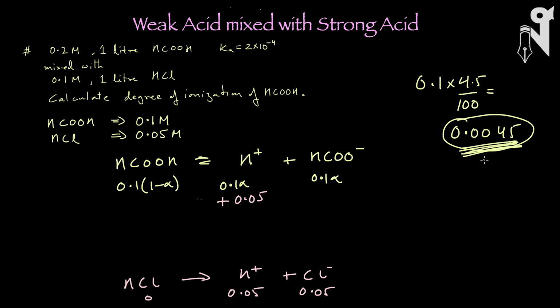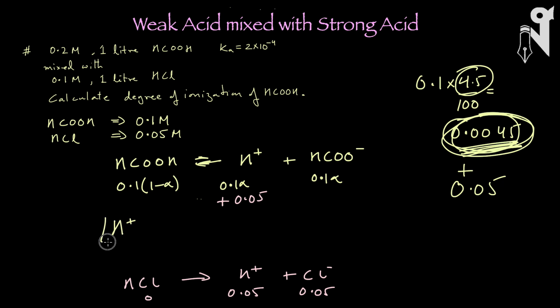So your alpha is going to be much less than 4.5, and your H plus coming from formic acid would be much lower than this. So adding this number to what is coming from the HCl is of no use. You can see that the other number is smaller, so we can ignore this number, right? And we can say that H plus concentration is almost what is coming from the strong acid alone, and nothing, or very negligible, from the weak acid. So this is what you are going to apply.